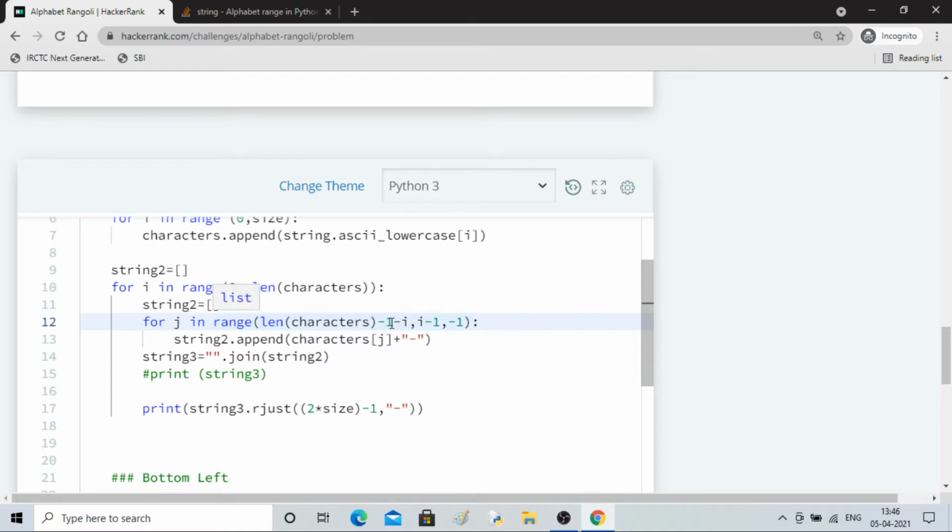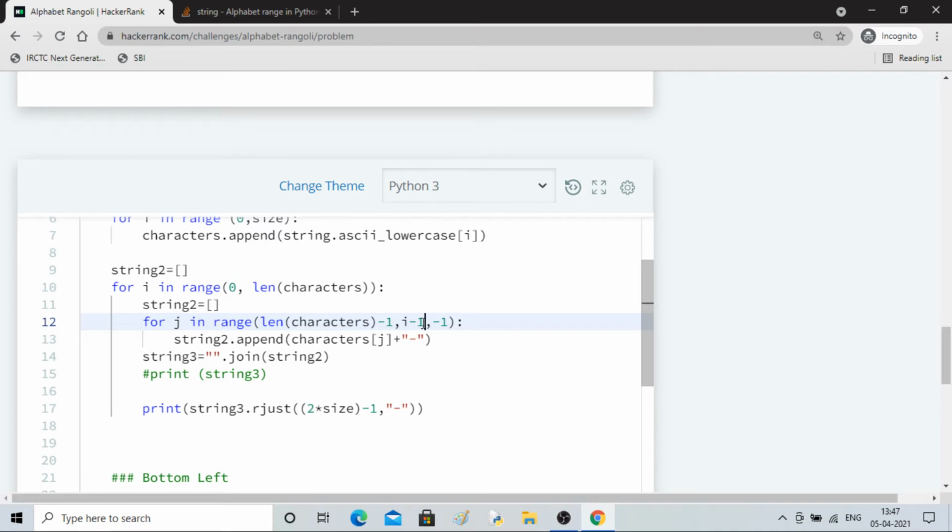So it will print E, then ED, C. It has to print only E, right?